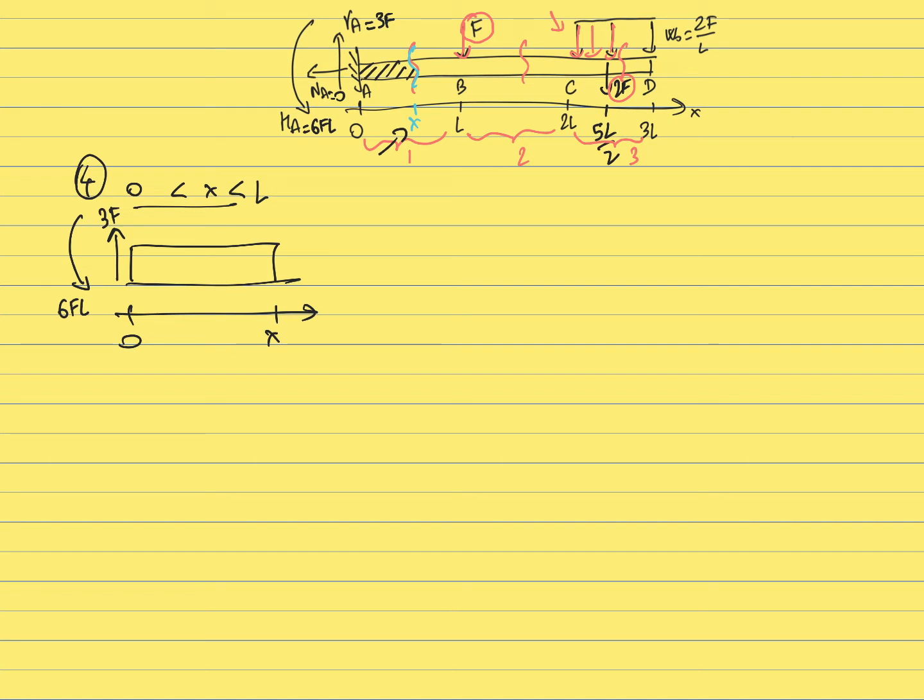And then on the right, now we are going to have the forces that are applied by the right part of the beam to the left part of the beam. So we are cutting the beam at a given position x. Now the right part of the beam is acting as a fixed support to the left part of the beam. The right part of the beam is going to prevent the left part from going up and down, from going left and right, and from rotating,